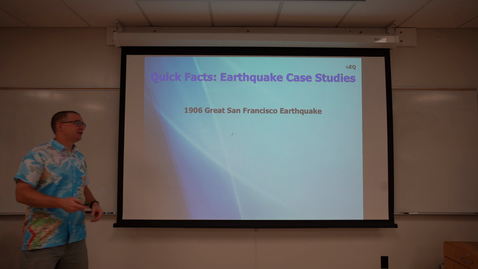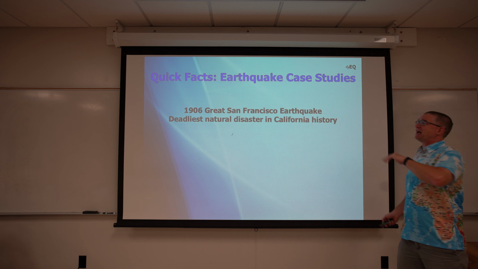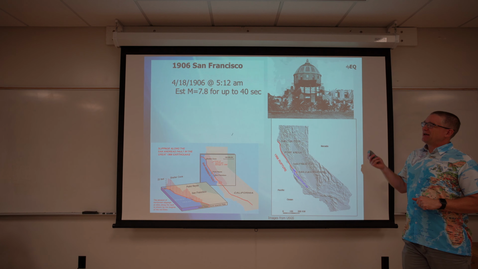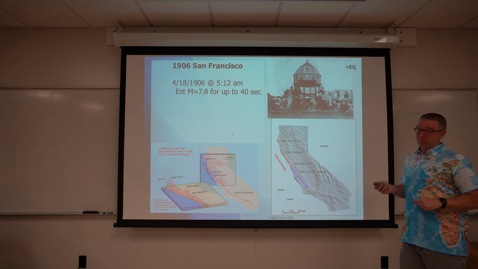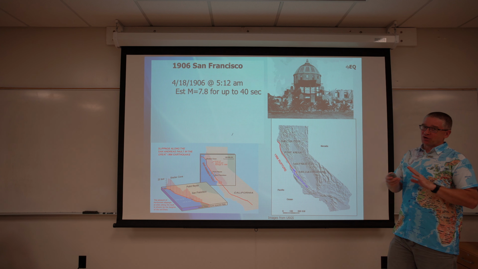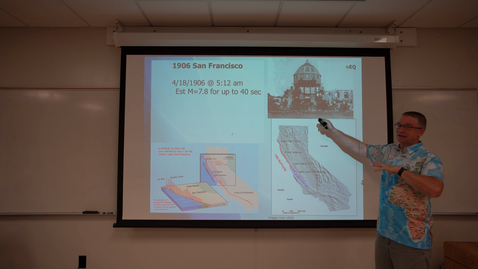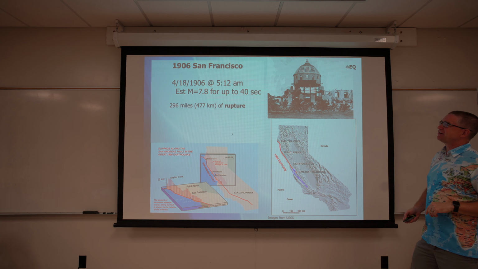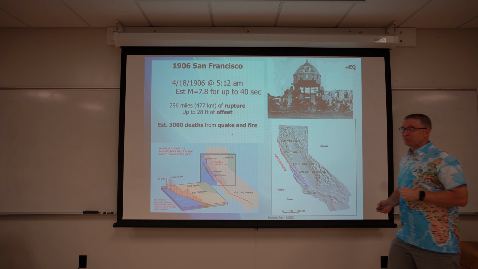We'll start with the big one here in California. That's the 1906 earthquake. This is the deadliest natural disaster in California history. This was estimated to be about a 7.8 earthquake. That is most likely bigger than anyone in this class has experienced. Certainly, if you've lived your whole life here in California, you've never experienced an earthquake remotely this big, anywhere close to this. It lasted for about 40 seconds, had nearly 300 miles of rupture, 28 feet of offset,